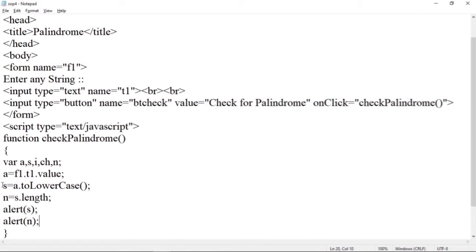In the further program we have to use this s variable for the string, because our desired string is stored in s and the length of the string is stored in variable n. These alert messages were only to check whether our string has been converted to lowercase or not, what the actual length of the string is, etc.